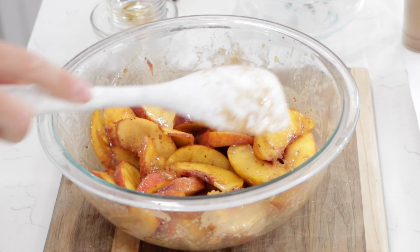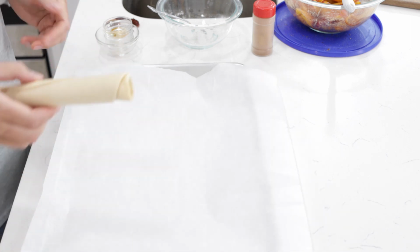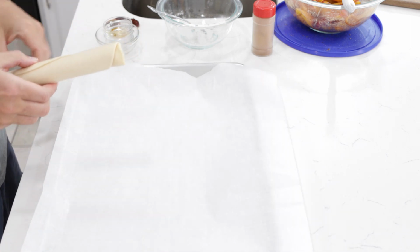Also, preheat your oven to 400 degrees Fahrenheit or 205 Celsius. And then you just let your peaches sit aside for 5 minutes or so while your oven preheats. I'm going to take a sheet pan and line it with parchment paper, or you could use a silicone baking